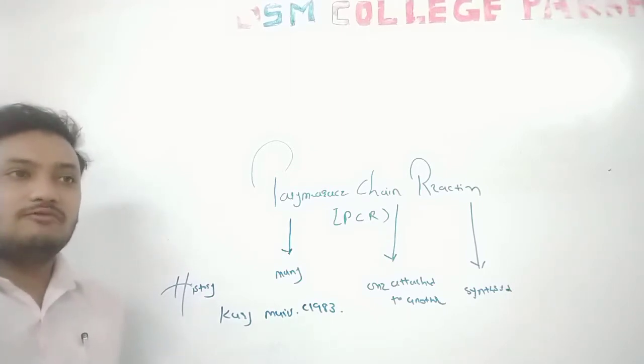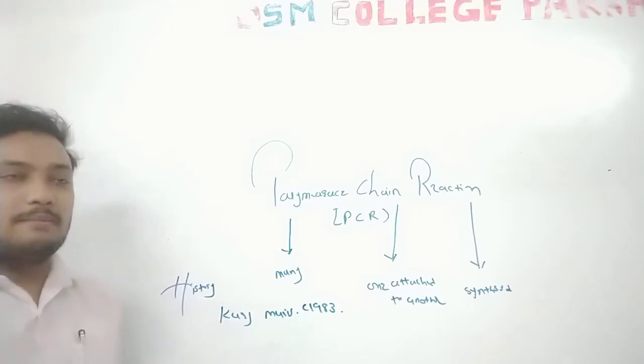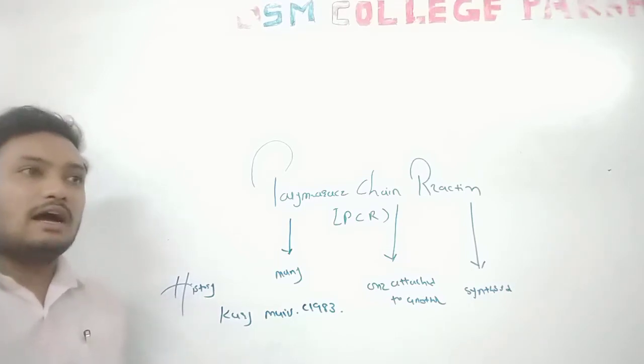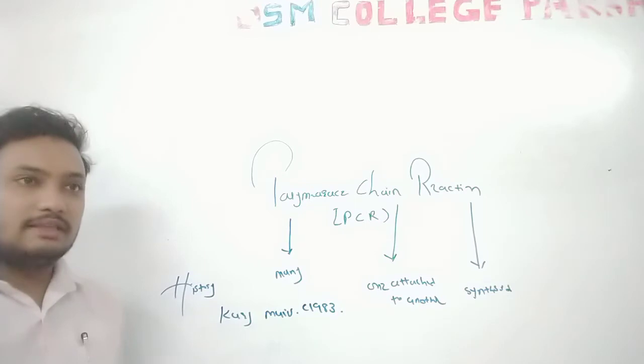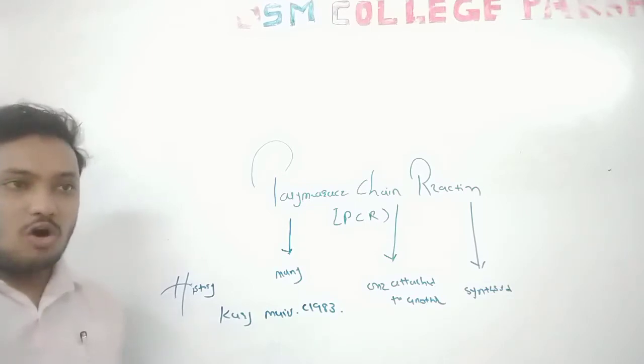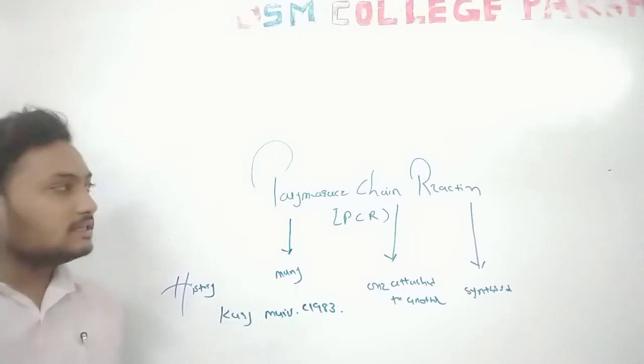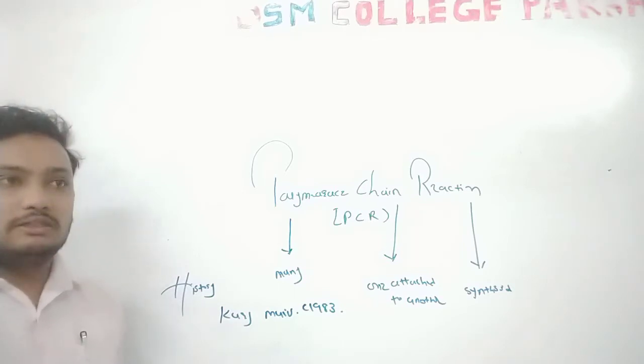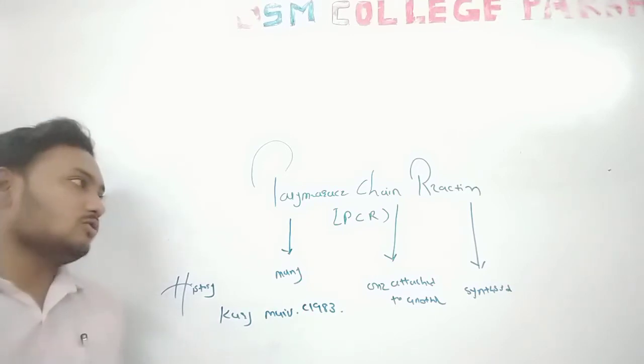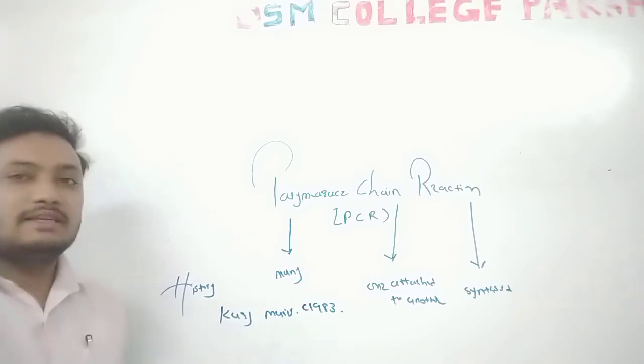These are used for cloning purposes. But it requires a higher amount of time and some disadvantages also occur, so we have already discussed that. Then for the purpose of obtaining a large quantity of the product in a small time, we are using the polymerase chain reaction.